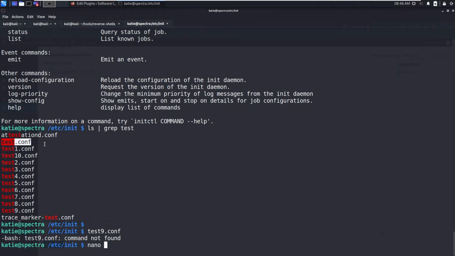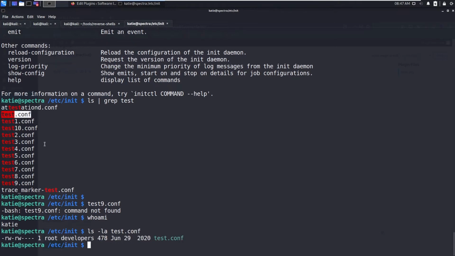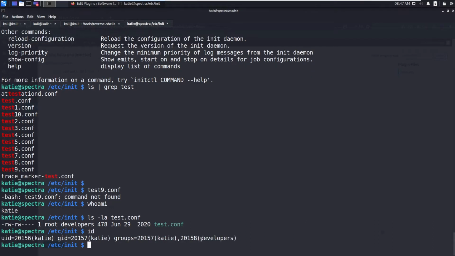Let's say nano test.conf. But first, who am I? We are kt, and let's ls -la test.conf to see the permissions. We, the developers group, can write to this file. Let's say id, and we are in the developers group, so we can edit this file.